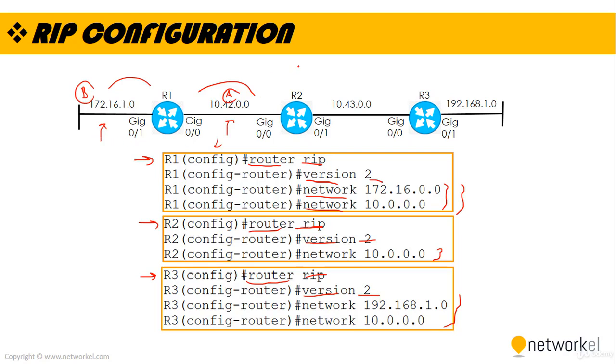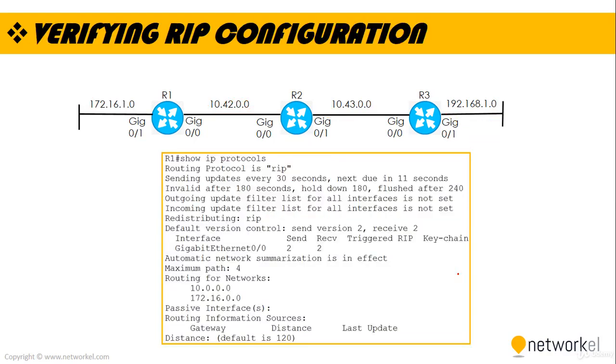And for router 2, the same logic. It's just connected to the 10 networks, as you can see, this guy and this guy. So that's enough that I just type network 10.0.0.0 for this. And for router 3, I'm typing the 10.0.0.0 and the C class of this network. Alright, that's pretty cool. And to verify the RIP configuration, we can use the show ip protocols command, and we can